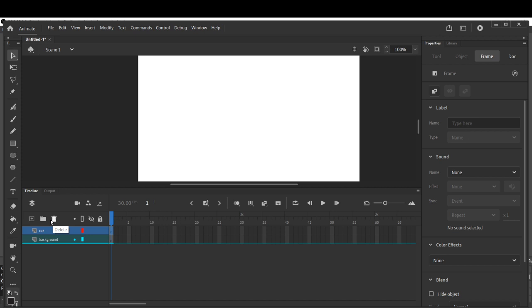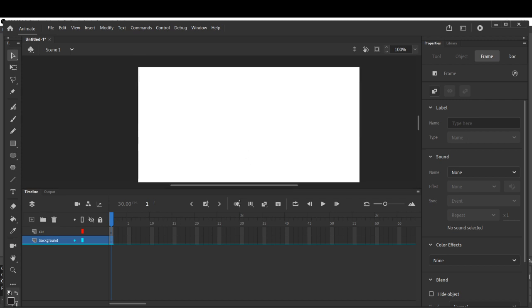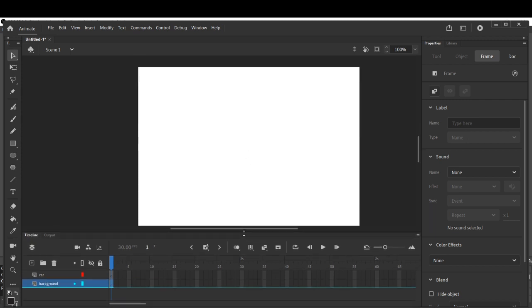Now children, let's draw something in a particular layer first, then I will show you the other options. Click on the background layer, and let me insert a background here. For that I am going to decrease the timeline frame.